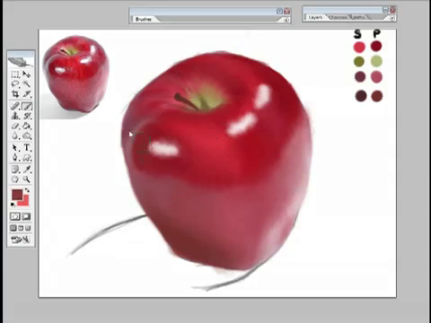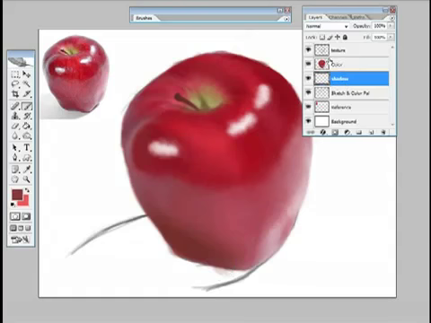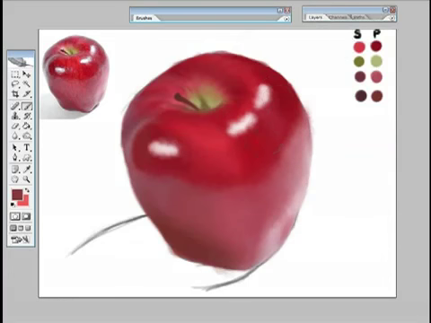So what we're going to do now quickly is add the shadow to the base of the apple, just to give it something so that it's grounded. Now what I've done here is I've created a layer called shadow underneath the main color layer, which we use to paint our apple on, and underneath the texture layer. That's so that when we paint, for example, if I just grab this brown to illustrate, we're actually painting underneath the apple,